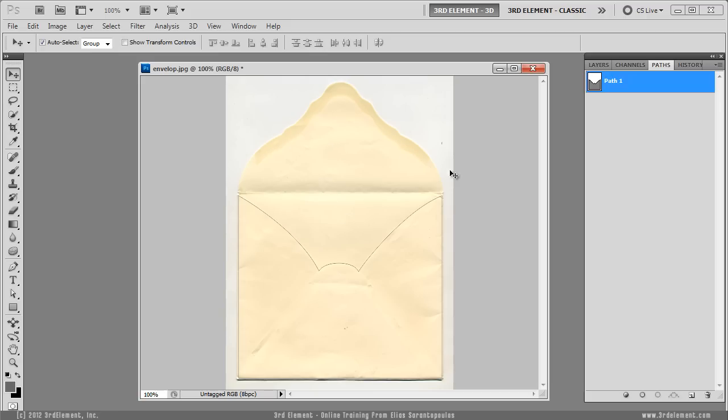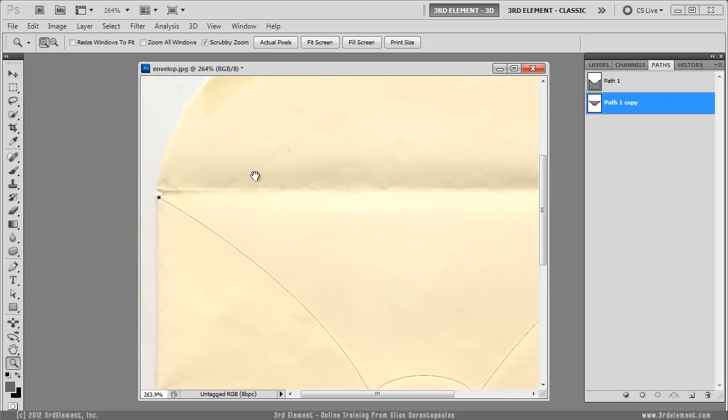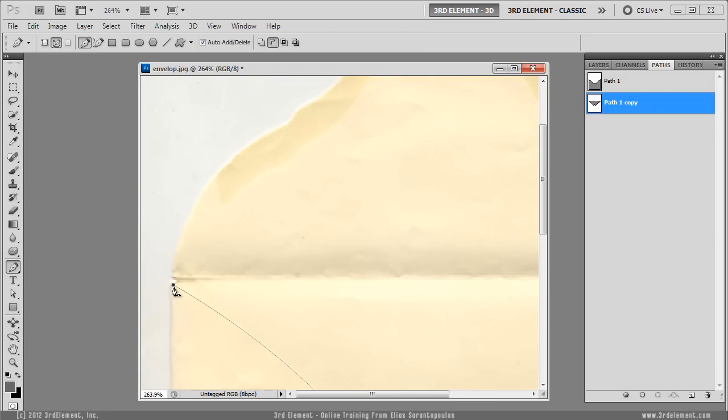Now what happens is that I want to keep this from here to this path. I want to keep it as a common path. So what I'm going to do is click and drag to duplicate this path. I'm going to select the direct selection tool, marquee select those two corner points, press delete on my keyboard, and then zoom in, select the pen tool, click